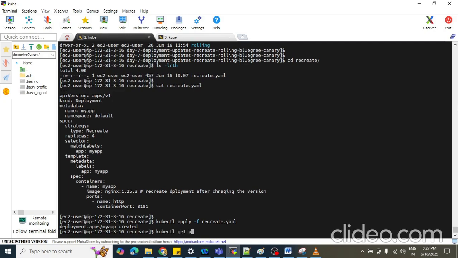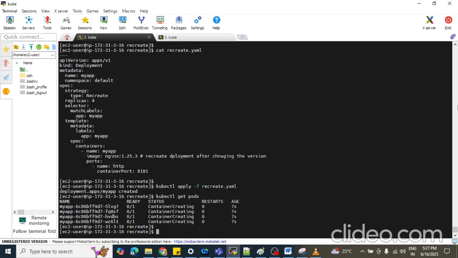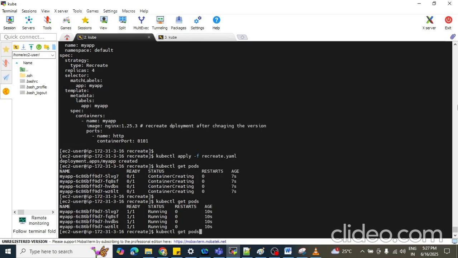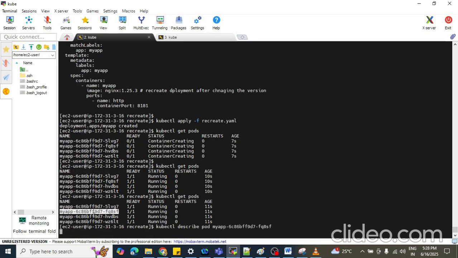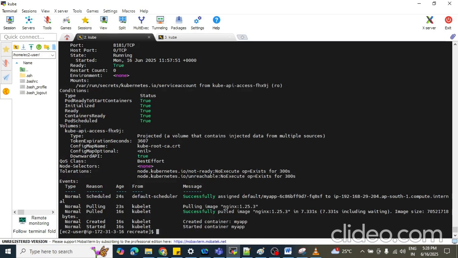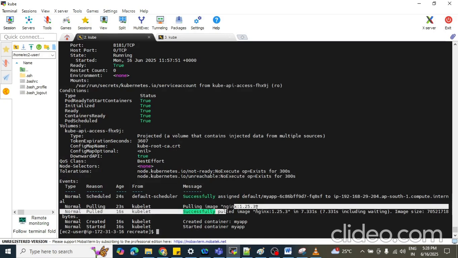Let me apply it so that you understand the concept of recreate. kubectl get pods. You can see four pods are running. kubectl describe pod, take this pod name. You can see it is running with nginx 1.25.3.